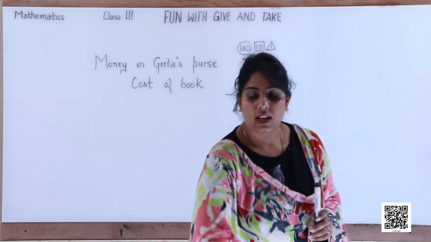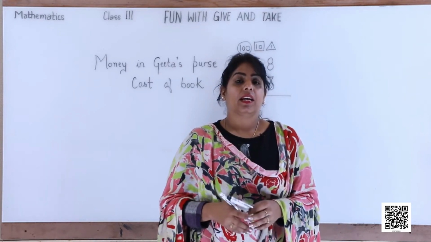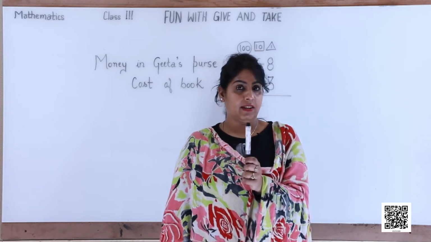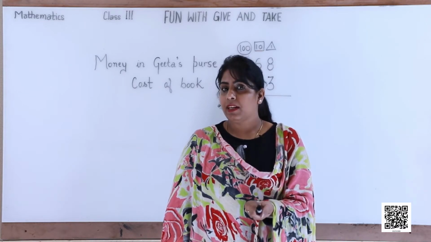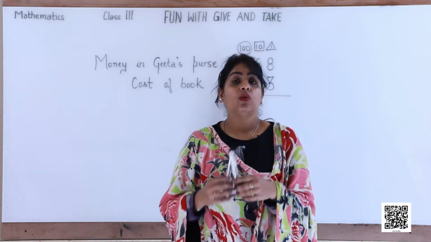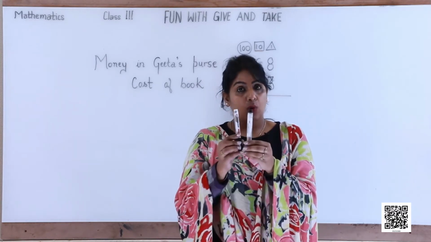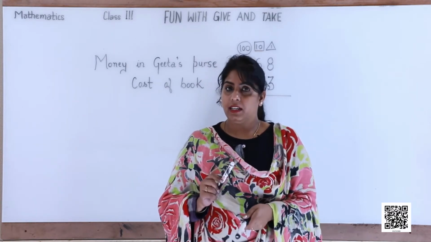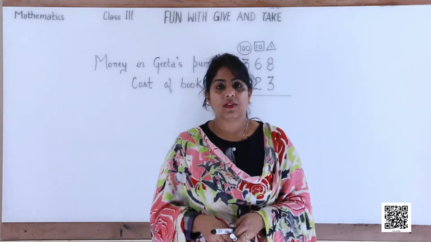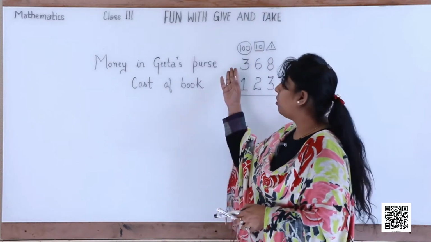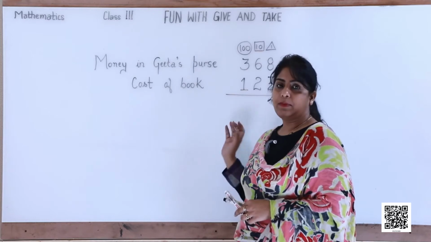Means, if I have 2 pens, I can give you 1. But if I have only 1 pen, I also need it, you also need it. I cannot give you my pen, right? I cannot give you 2 pens because I have only 1. So, from 2 I can give you 1, but from 1 I cannot give you 2, 3 or more. So that is why we always put the greater value above the smaller value, right? Then only we can subtract.